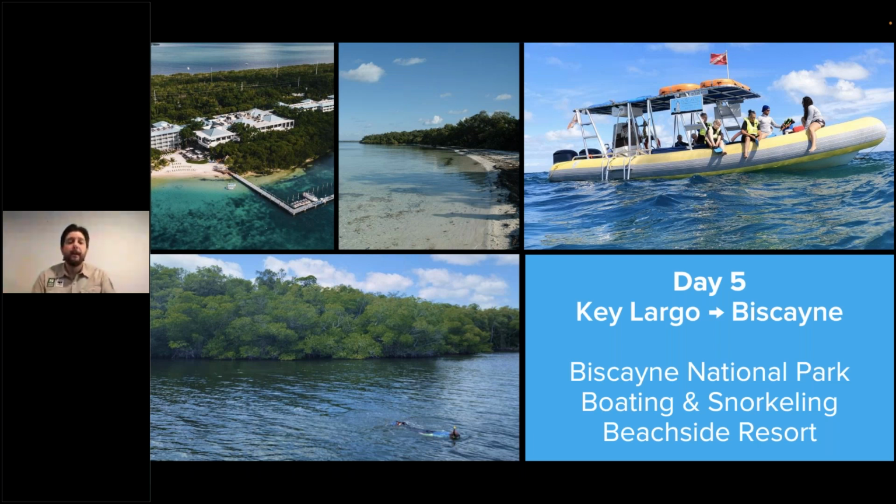and head to Biscayne. If you're not familiar, Biscayne National Park, it's the 3rd national park we've added to this departure. It's actually in basically southern Miami. From the areas we get a chance to snorkel and explore, we can see the Miami skyline. But this is a wonderfully preserved national park that's overwhelmingly water. There's just a few islands that make up the land of this national park. The rest of it is water, which means to explore it and to enjoy it, you have to be on a boat,